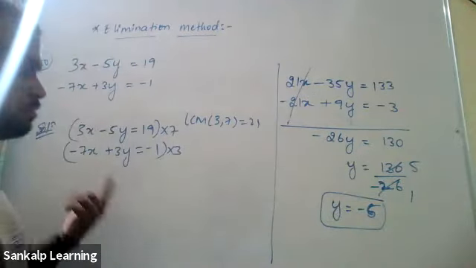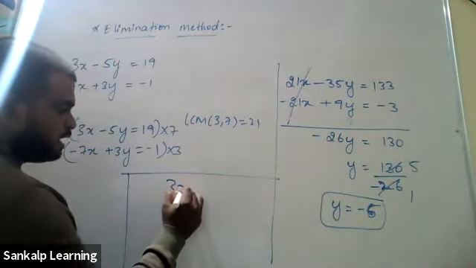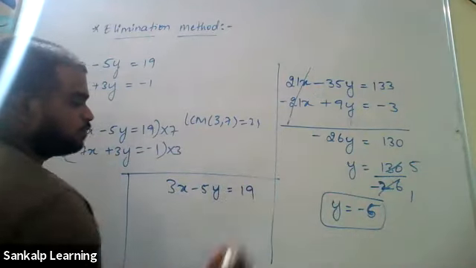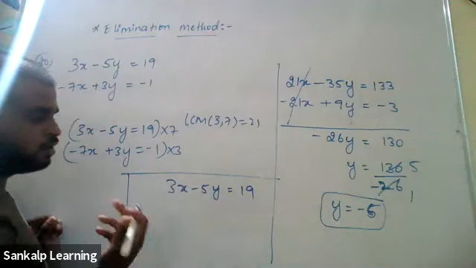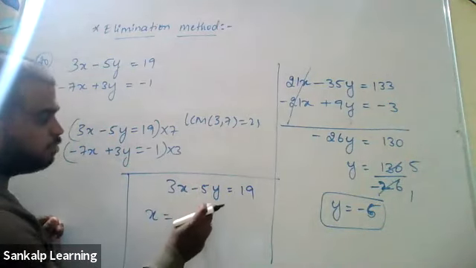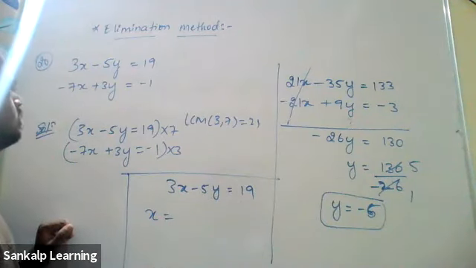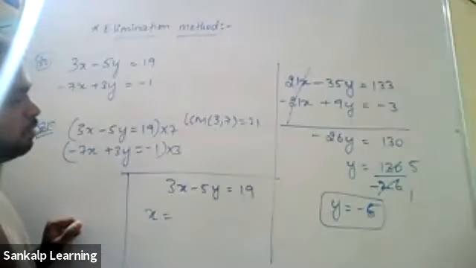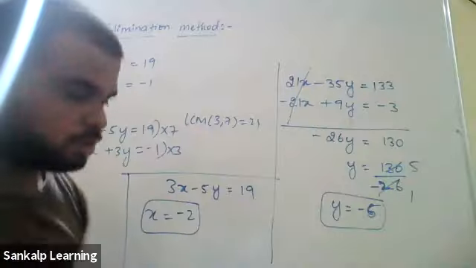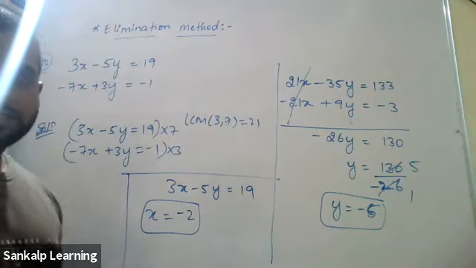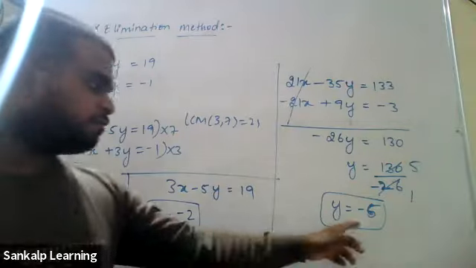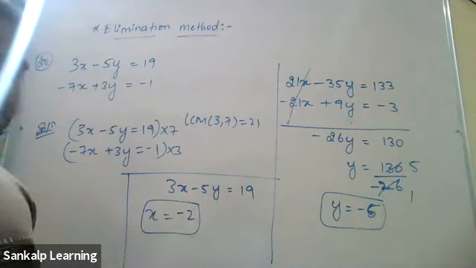Minus 5, in the first equation. What is the first equation? 3x minus 5y equal to 19. Substitute the value of y here, you will get the value of x. What is the value of x? Minus 25, so 6 minus 2. Yeah, the x value is minus 2. Is that clear for everyone? The x value is minus 2, the y value is minus 5. Do not write directly like this what I've written. Do the steps and write the answer.